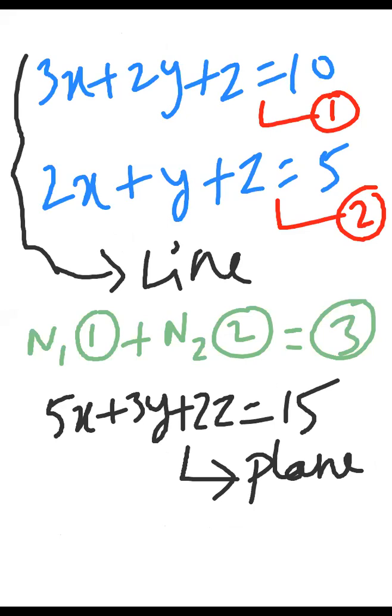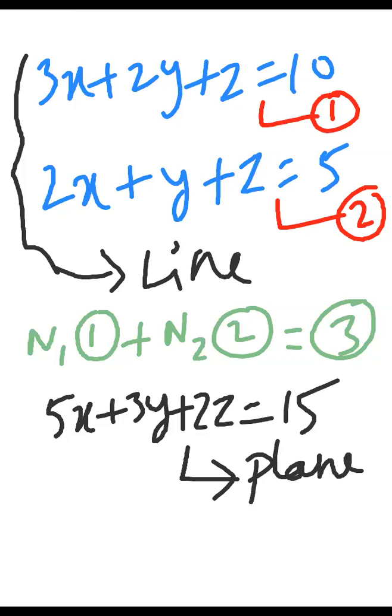And this is the linear combination of the first two equations. The third equation I am forming is a linear combination of the first two equations. That's why I am calling this third equation a redundant equation, because there is no new information here. It has been formed from the first two equations. So effectively you are having only two equations. Then how many solutions? Infinite solutions.